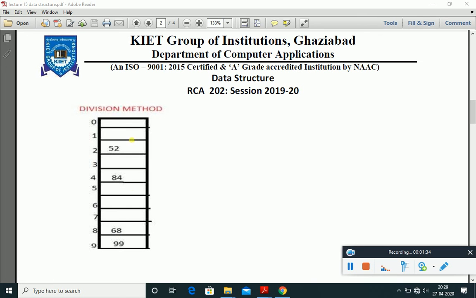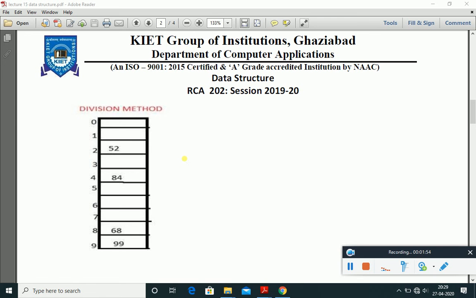This is the hash table, and here we are showing only the key values. The key value may have some records, which can be stored in the second column of this table. But what will happen if two key values generate the same address?